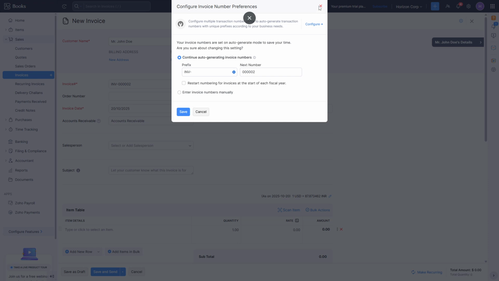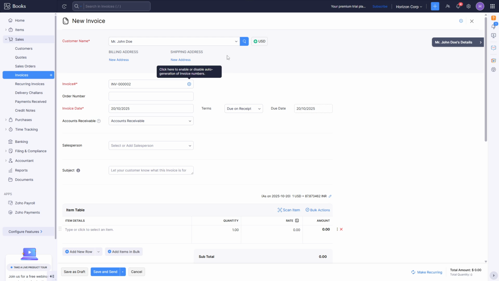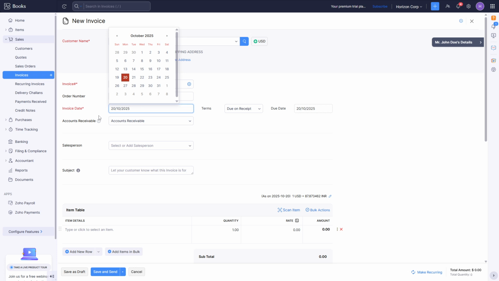In the Order Number field, you can input a reference number if applicable. This could be a purchase order or any other reference that helps you and your customer identify the transaction. Don't forget to set the invoice date. This date is significant because it marks the starting point for payment timelines and can impact both your accounting records